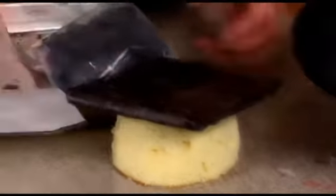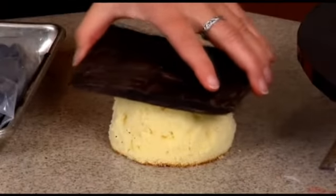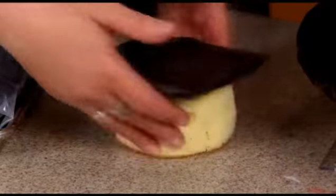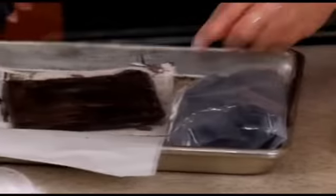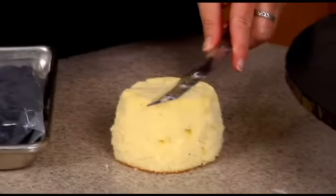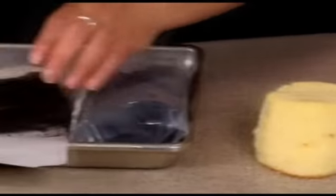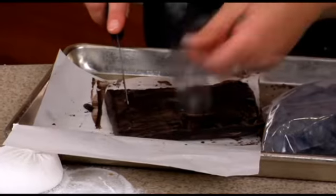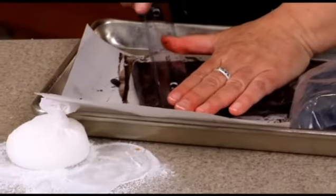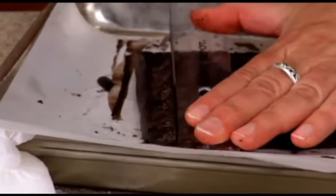So if I was going to do this, I still have one side that I need to cut. I think that's going to be a pretty good size there. So this is about 4.5 by 4.5. This cake ended up being, it would be like cutting from a 4-inch cake. Okay, so 4.5. I just have a little knife here, and I'm going to take this and just score it, just cut through slowly,